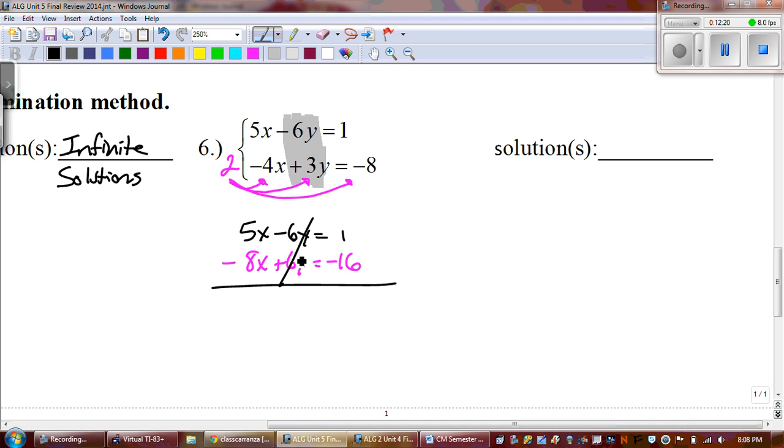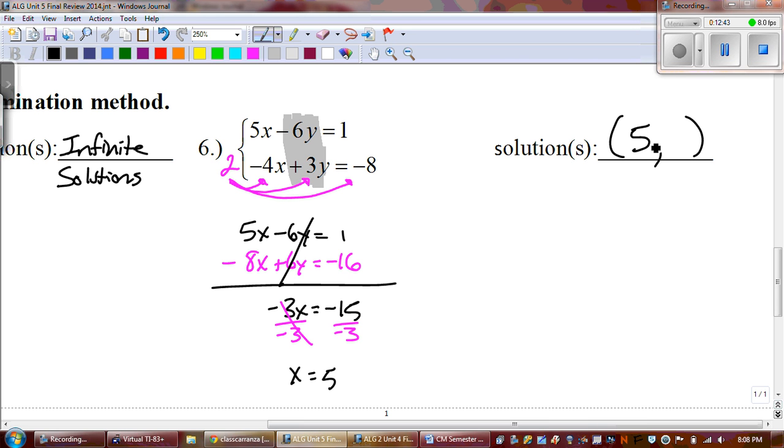Our y's cancel out. And 5 minus 8 is -3x equals -15. To get the x all by itself, we're going to divide by -3. And we get that x equals, a negative divided by a negative is a positive,